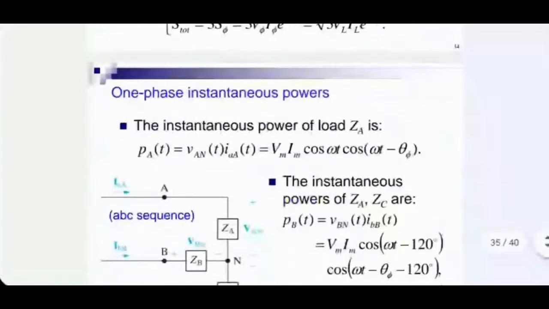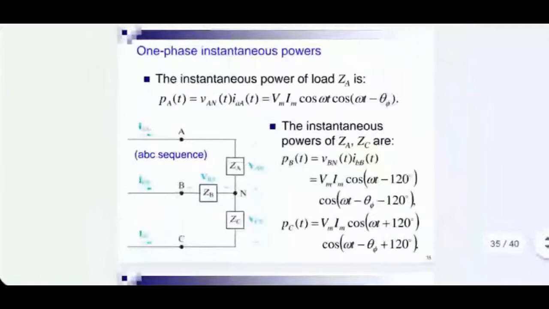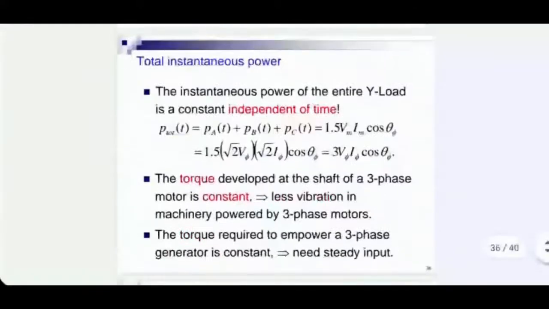Now, instantaneous power, I've already shown it. They are also showing it here using the math. You take instantaneous voltage in each phase and instantaneous current in each phase, multiply the individual instantaneous V and instantaneous I for each phase, and add up the result. A lot of trigonometric identities are required to solve the result, but it turns out that all time dependent terms cancel each other. Only a non-time dependent term remains in the instantaneous power, which is the biggest advantage of three-phase systems over single-phase systems.